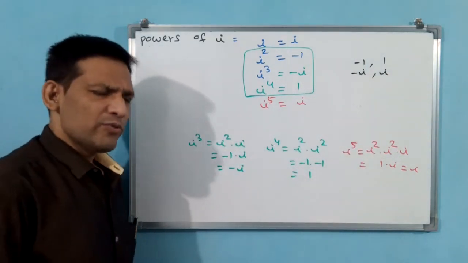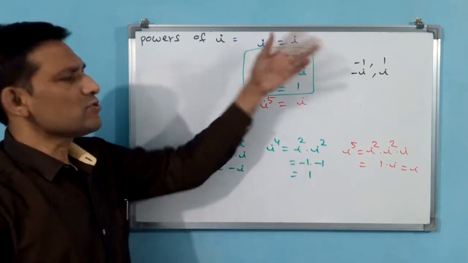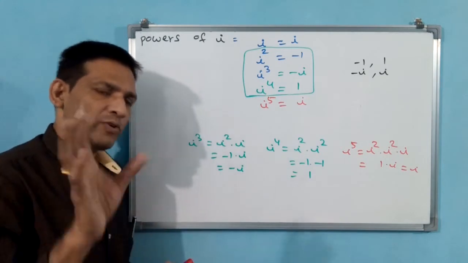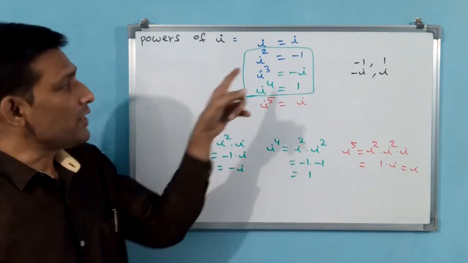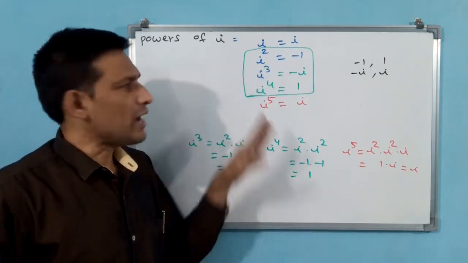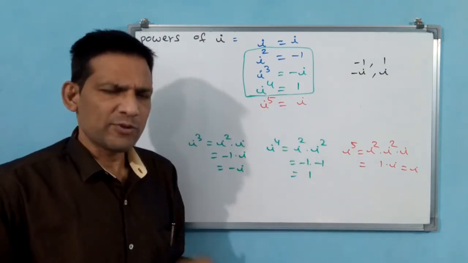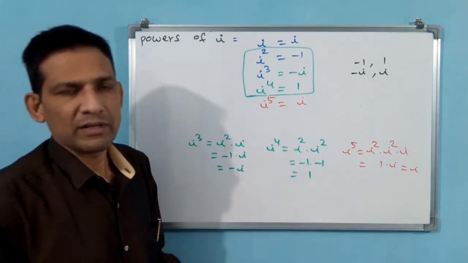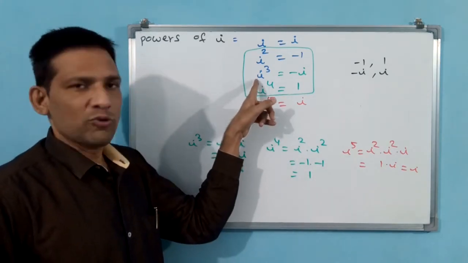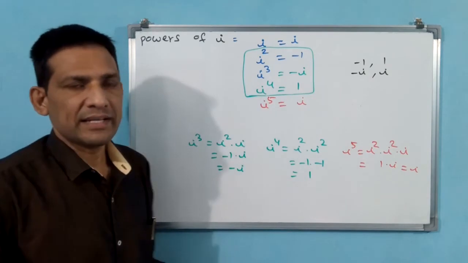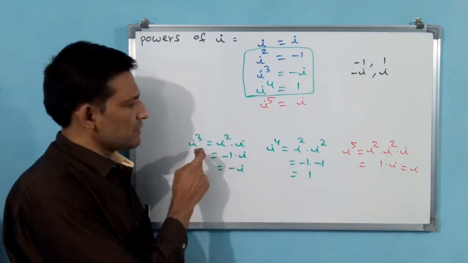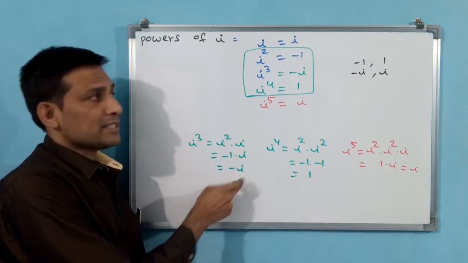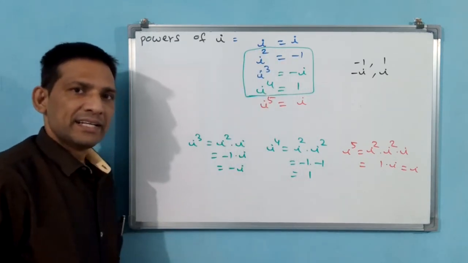Even you need not remember 4 also. Why? Because I is equal to I, you already know. I square is equal to minus 1, already you remembered. I cube and I to the power of 4 you have to remember. I to the power of 4 is equal to 1, you remembered. I to the power of 4 is simple: I square into I square, minus 1 into minus 1, plus 1. What you have to remember? I cube is equal to minus I. How it comes? I cube is equal to I square into I. I square is minus 1, into I. Minus 1 into I is minus I. Like that you have to keep in your mind.